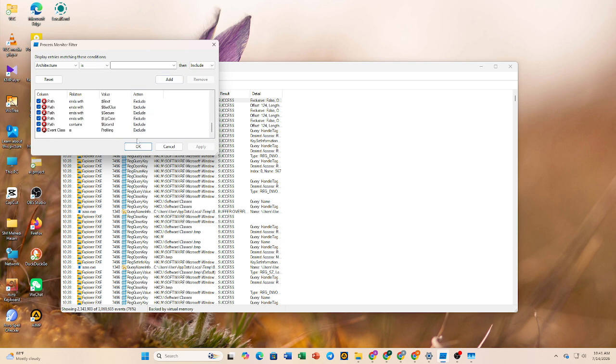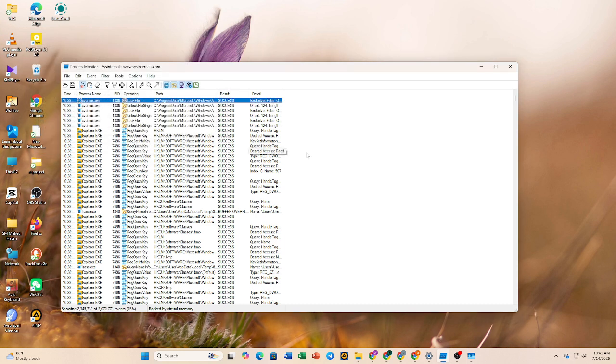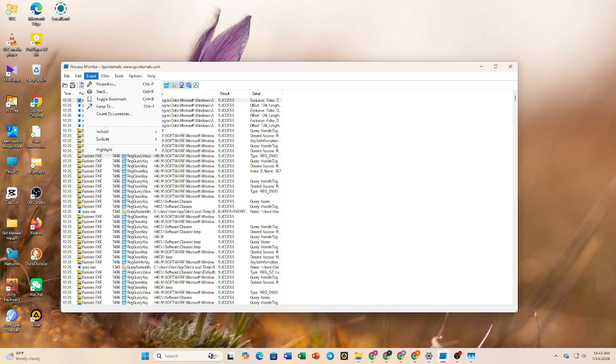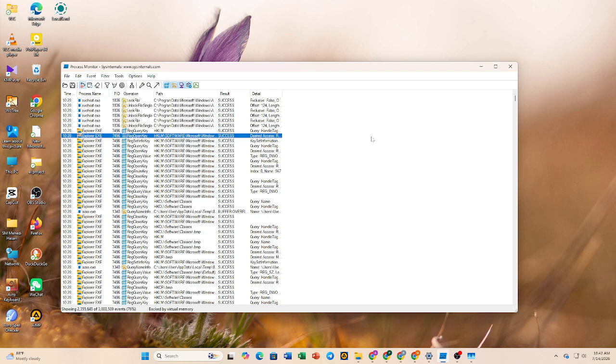Resume capturing by clicking the Capture button again, then perform the action you want to analyze. Afterwards, stop the capture and review the recorded events. Double-click any event to view detailed information, including the process name, operation, path, result, and timestamp. If needed, save the captured log from the File menu so you can review it later or share it for